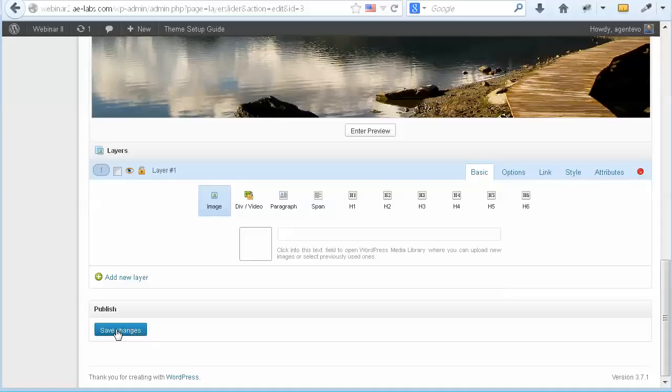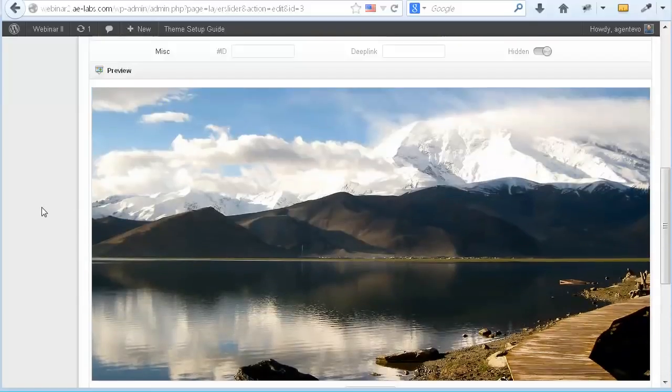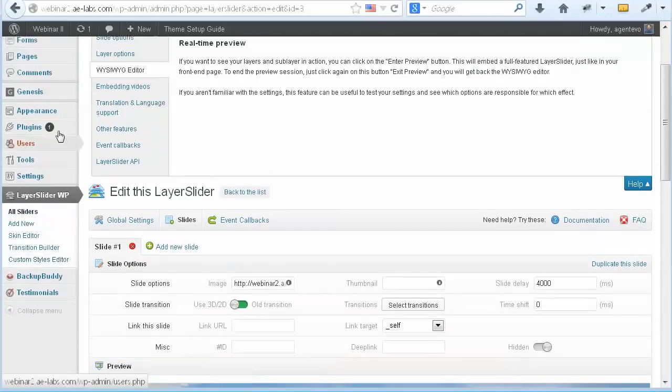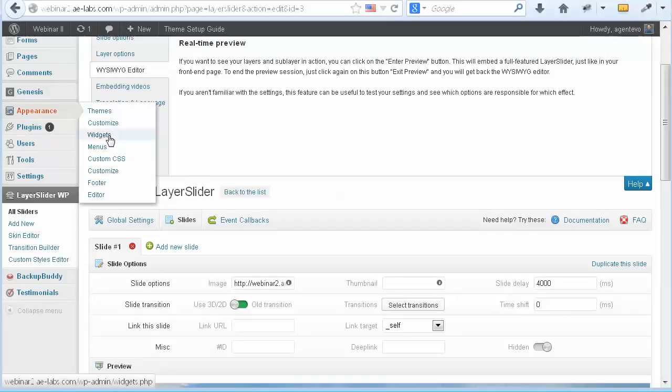Now I can go ahead and publish, click Save Changes, and now I've got one image in my slideshow. But this slideshow won't appear yet until we put that slideshow widget in the slideshow area. So let's go back to our dashboard. We're going to go to Appearance, Widgets,